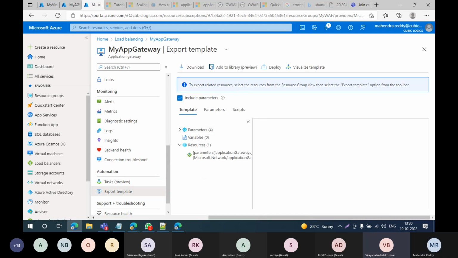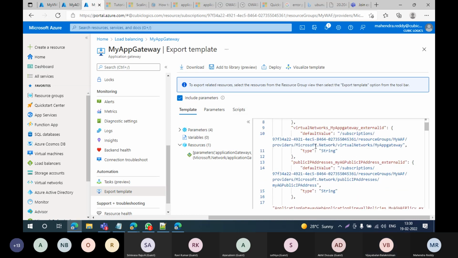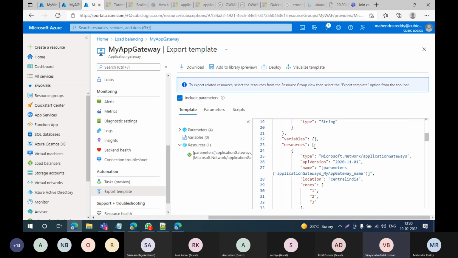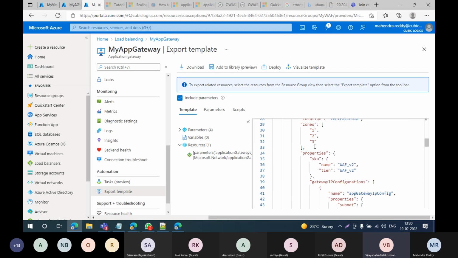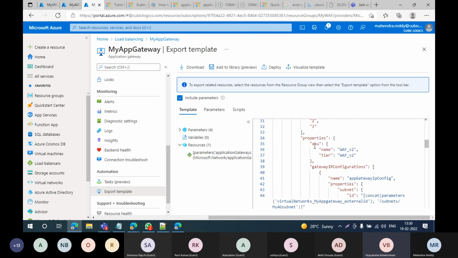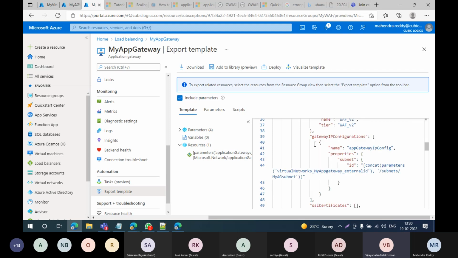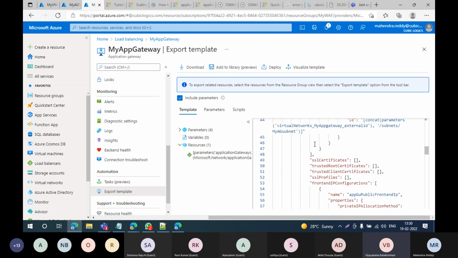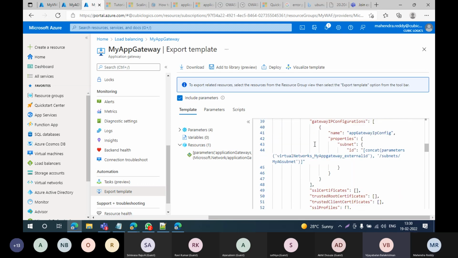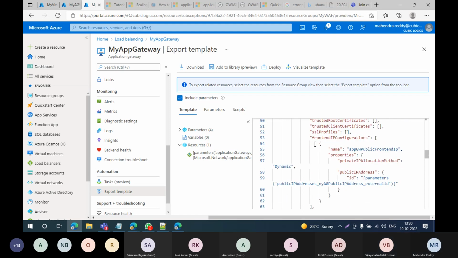You can download whatever format you want. You don't need to worry. If you are not confident on any automation or scripting or tool, it is simple: you know how to do it manually, you do it, export it, and keep it to use for your automation tools. That's it.